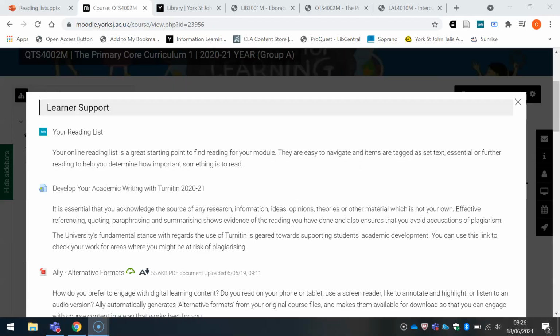Every module you'll study will have a reading list. It's designed by the module team to make sure you have the key resources available to you to both study the subjects within that module and to complete the assessments that you will have to do as part of it.